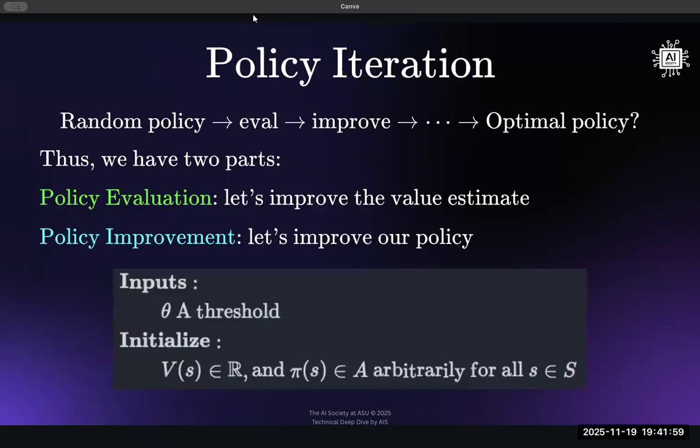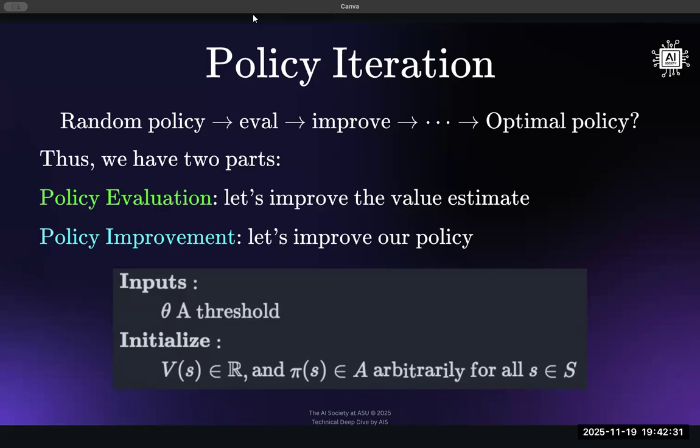So it's based on the idea that we have a policy, a random policy, perhaps it's the current policy that we have, the current strategy, and we need to evaluate how good, how successful has this policy been? And then, given this evaluation, perhaps we could then improve it and then evaluate it again and then improve it. And we can go on for as long as we want until we converge to an optimal policy.